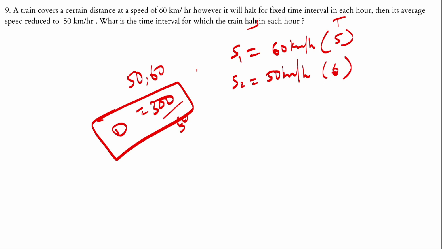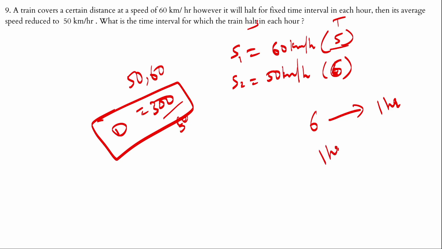So the train in the first case covers the distance in 5 hours, and after halts and all that, the time is 6 hours. So the difference is 1 hour, right? So for 6 hours, the total duration of the halts is 1 hour,